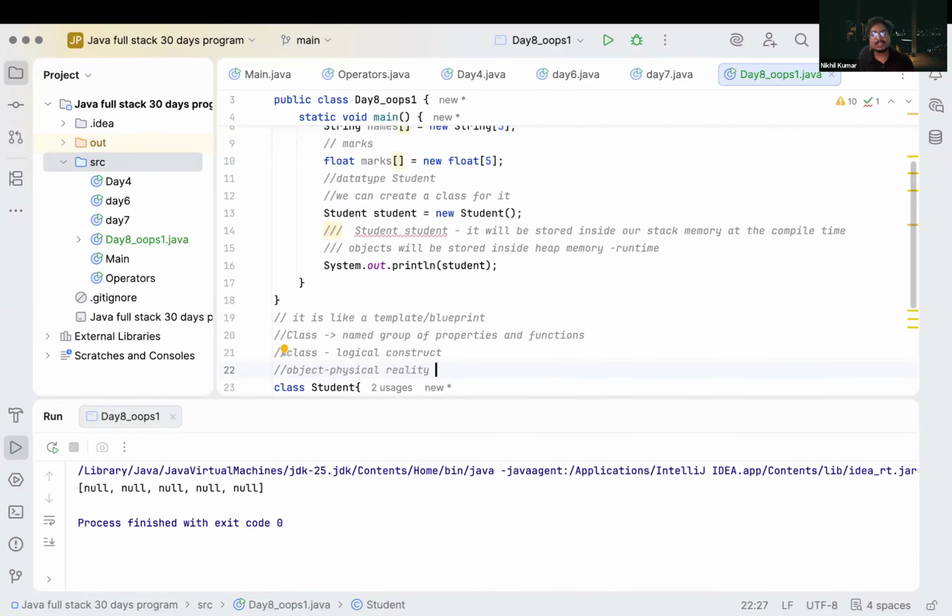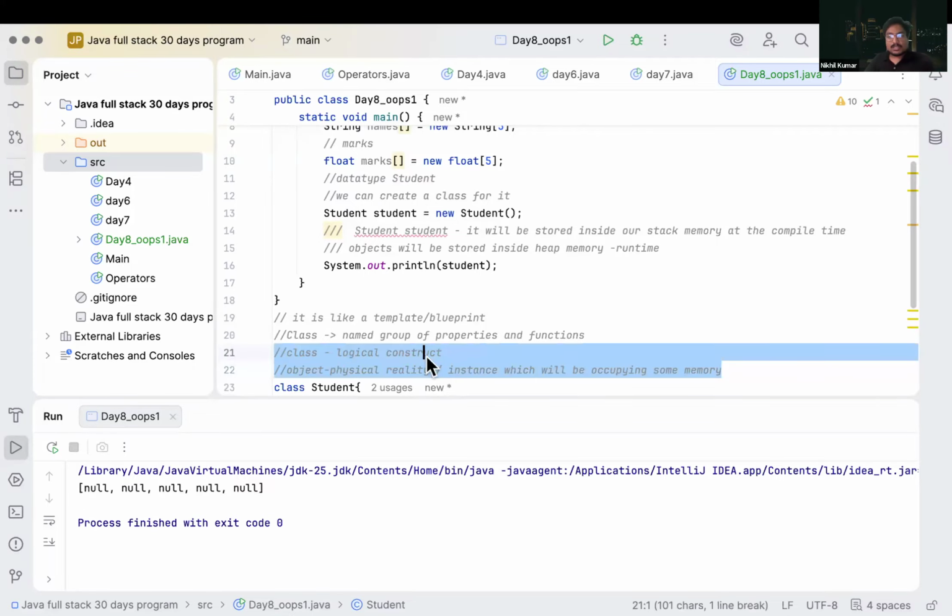So our object is a physical instance which will be occupying some memory. Correct? So class is only a logical construct, and it does not occupy memory for the